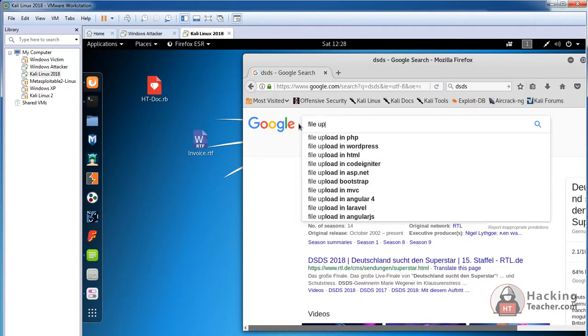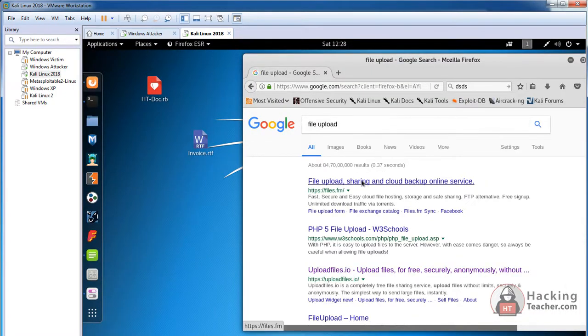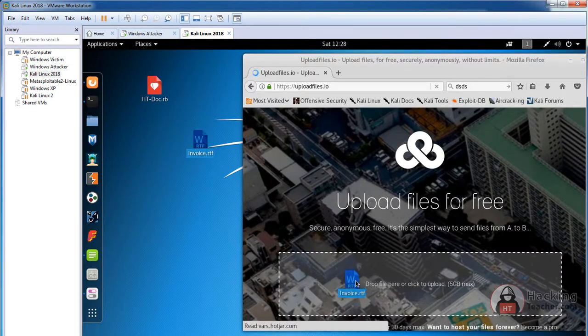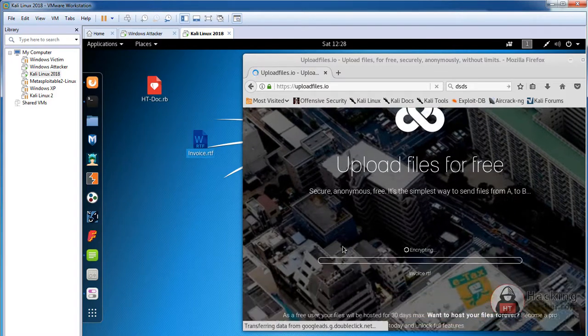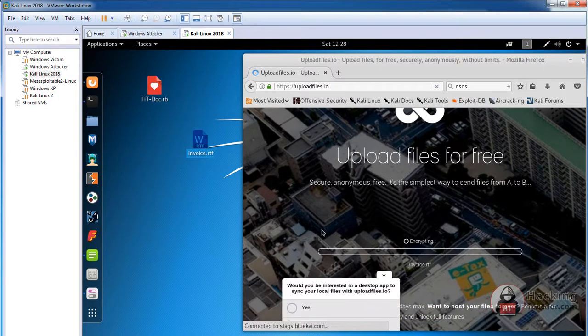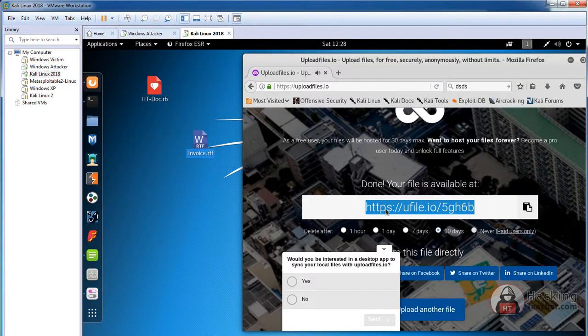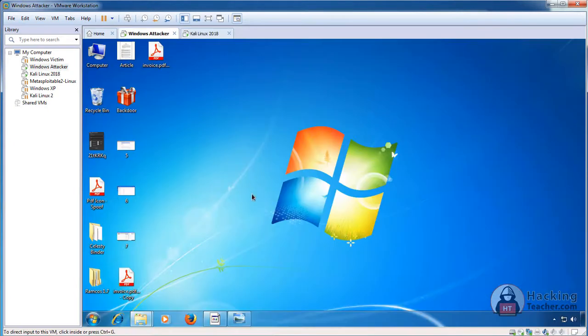I'll upload it to files.io, and we can drag and drop. And this is the link, we can go there.